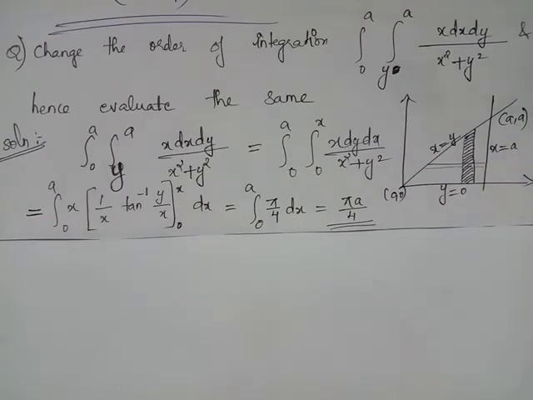This vertical strip has its lower end at y equals 0 and it has its upper end at y equals x. Therefore, the lower limit of y will be y equals 0 and the upper limit of y will be y equals x. Whenever you consider a vertical strip, it would mean that you are carrying out integration with respect to y, treating x as a constant. Now, in order to trace the complete region, we will have to slide this vertical strip across the entire region, starting from x equals 0 to x equals a.